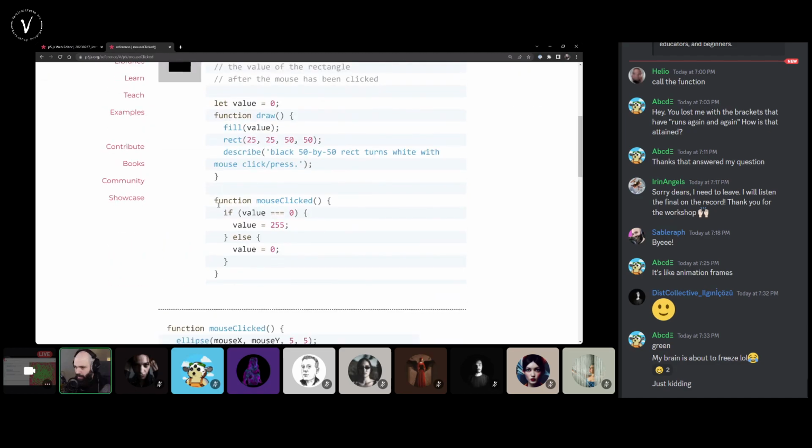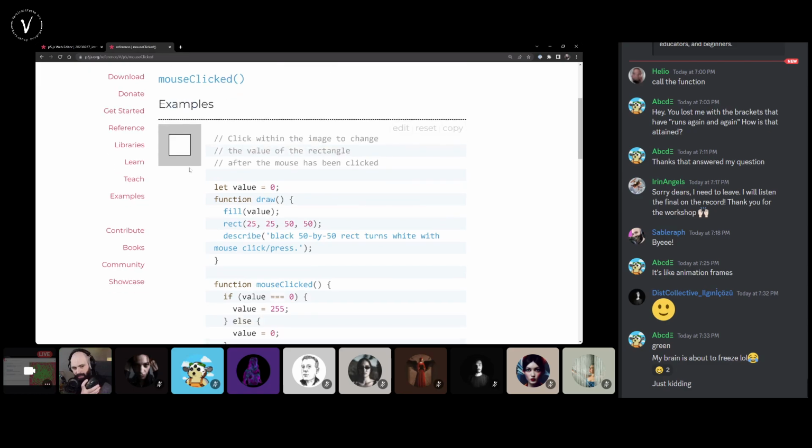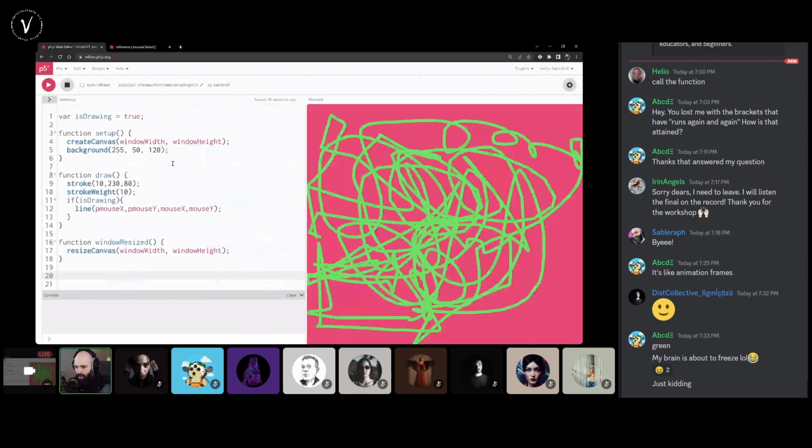So mouse clicked if value 0. Okay, no, that was for okay. So we have a toggle, but every time I click, it toggles. That's not what I want. I want it to toggle when it's clicked and when it's not clicked. So what we could do then